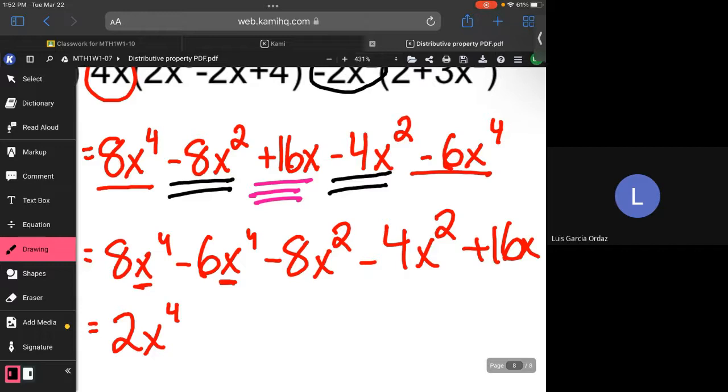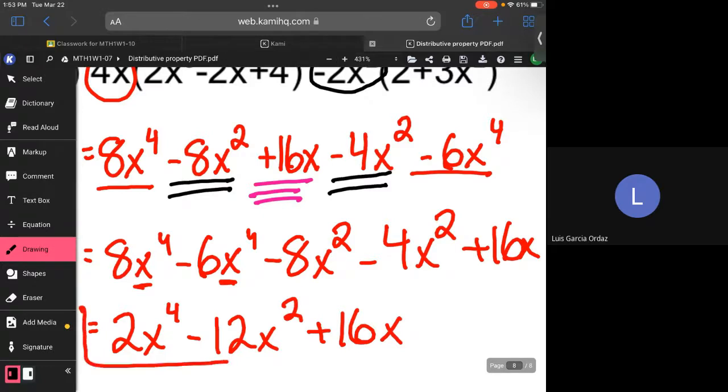What's negative 8x squared minus 4x squared? Maya? Negative 12x squared plus 16x. So that is your final answer. So what you guys are going to do now is